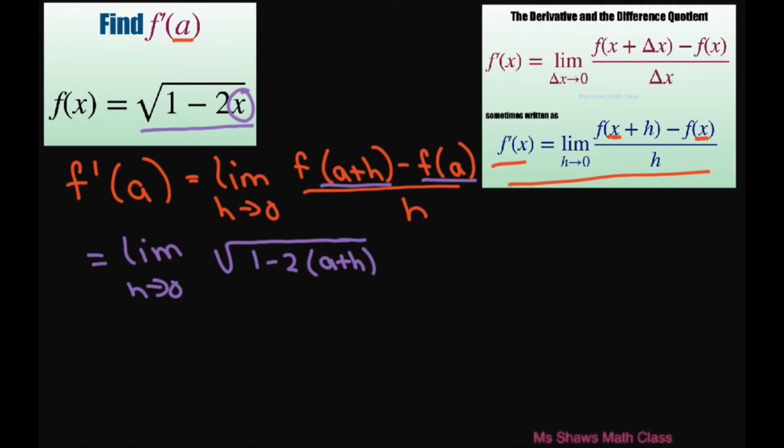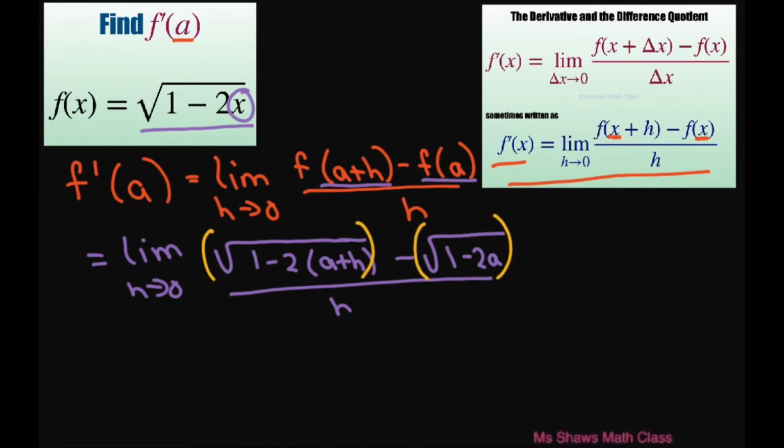Now then let's do minus f of a, so this is going to be minus the square root of 1 minus 2a, all divided by h. Now to simplify this, we're going to multiply the numerator by the conjugate. So basically I have this piece minus this piece, and I'm going to multiply it by the conjugate. So you just do 1 minus 2 times a plus h